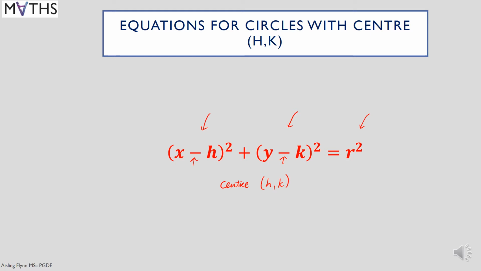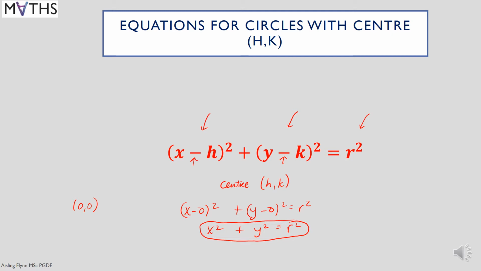Let's look, if we use what we had before, centre 0, 0, what becomes of this? Well, you'd have (x minus 0) squared plus (y minus 0) squared equals r squared. It's the same thing as what we had. Okay. Now, if you need to use this, you will find it in the Formula and Tables